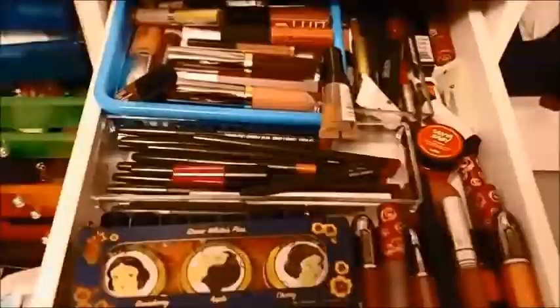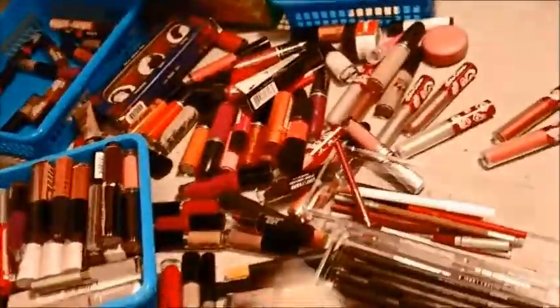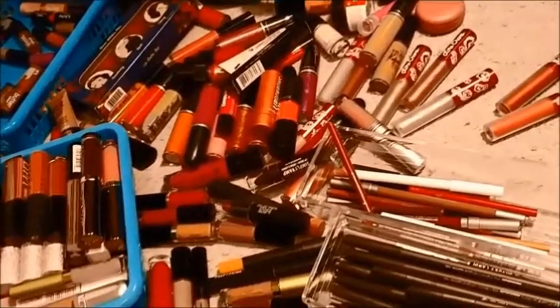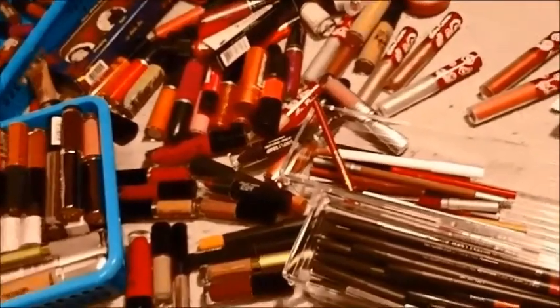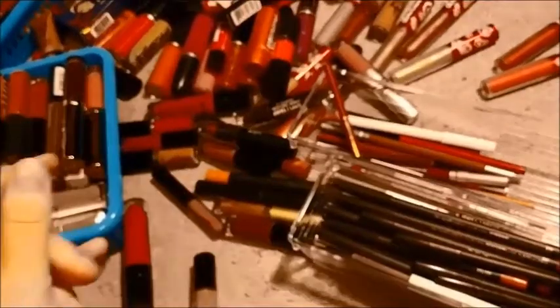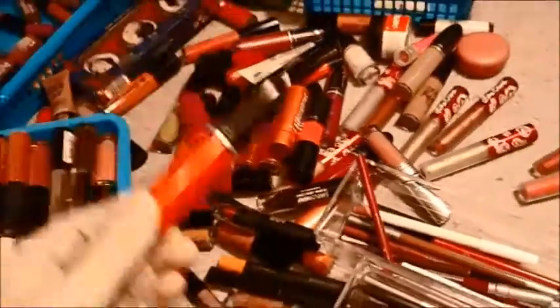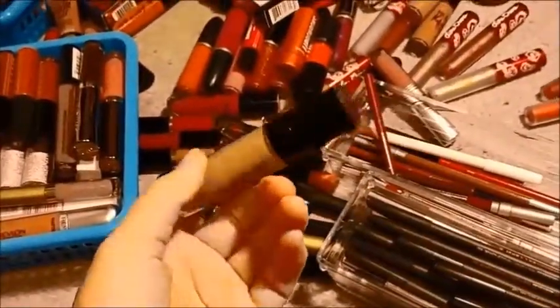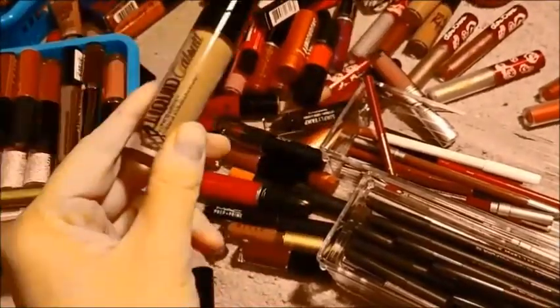My next lip drawer. Okay, so this is everything out of that next drawer down. This is all of my liquid lipsticks, lip liners, and lip balms. A lot of this stuff I'm going to need to try on because there's some colors here that I know don't work for me. Like, no, not that one. That wasn't what I was thinking of. Like this one here, this is a liquid catsuit, and this brown, I know it doesn't work for me,